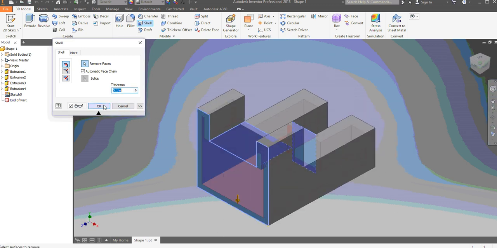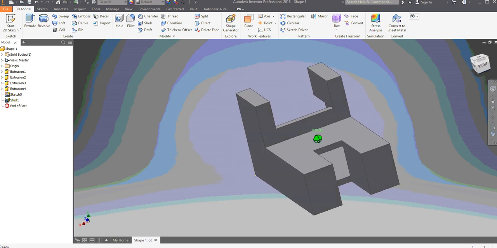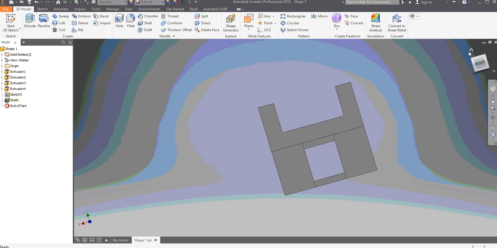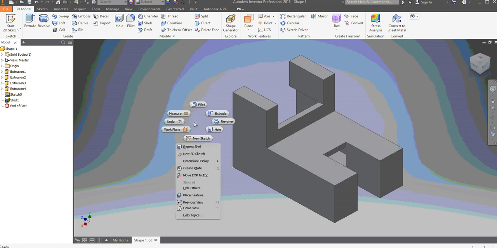And so what does that do? Well, now it's hollow and empty on the inside, but these faces are obviously gone, which updated our part, which will be beneficial if we remove all these pieces from this part. That'll change the mass or the volume and the surface area and so on, right? So then, let's go ahead and undo what we just did and look at different ways we can use the